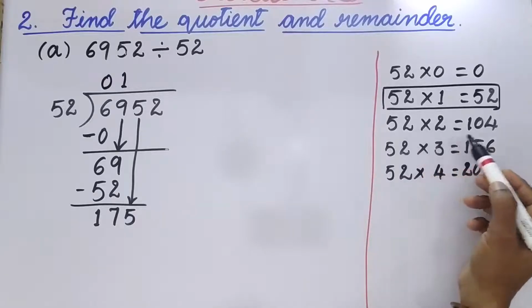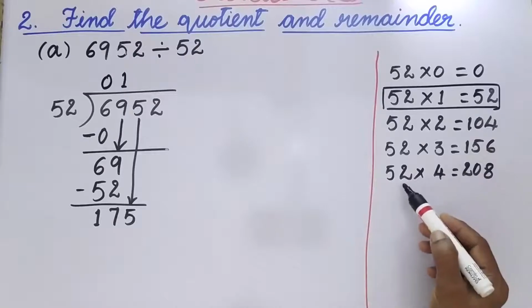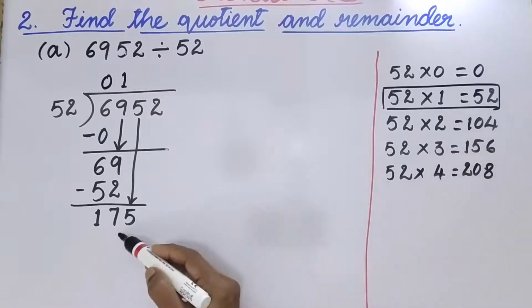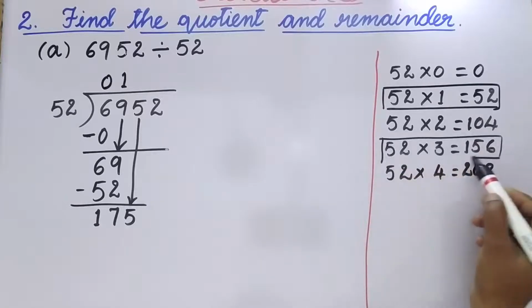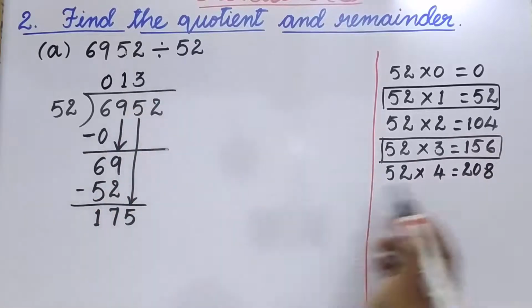Here 52 twos are 104. 52 threes are 156. What about 52 fours? It will be 208. So 208 will be greater. So we should come back to 52 threes are. Okay. This 3 should be written here. 52 threes are